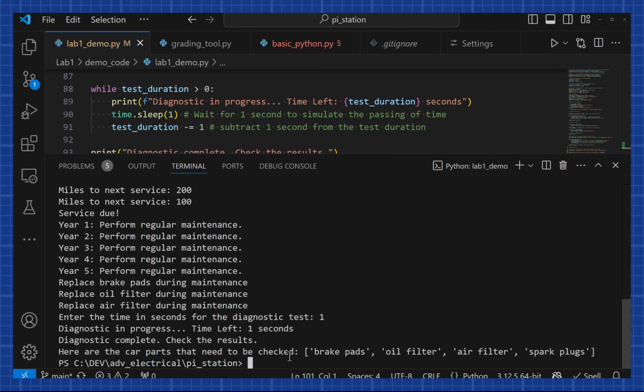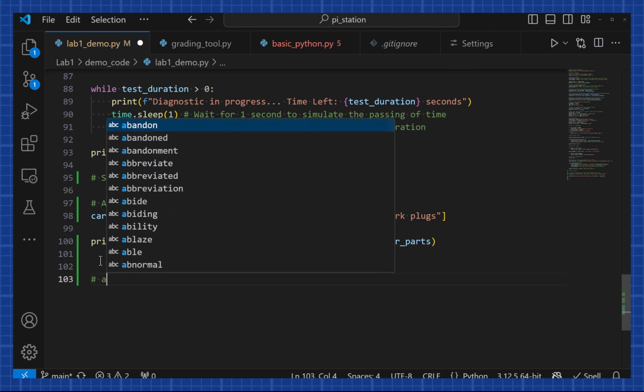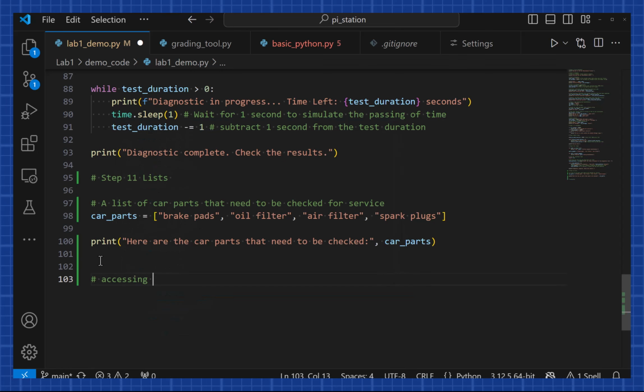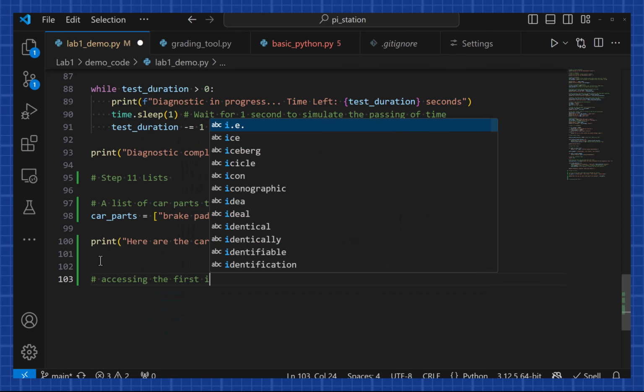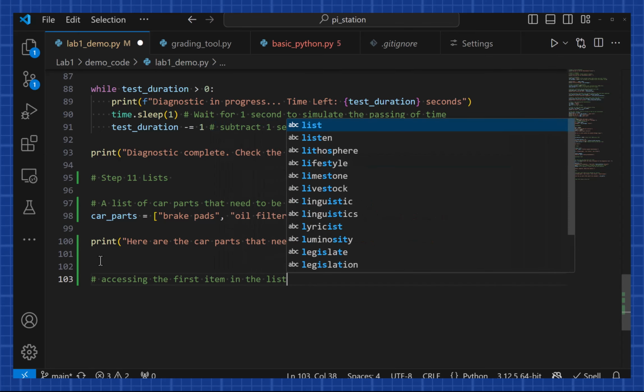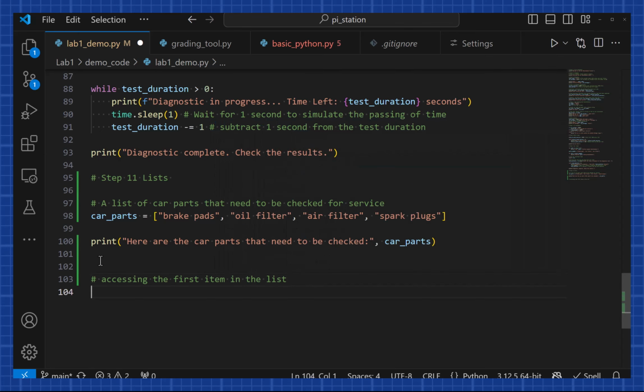Here are the car parts that need to be checked, and then we're given the output. But we want to be able to access each individual item instead of getting an output like this. So let's take a look at that next. Let's leave a note here so we know what this part of the code does. If we want to get an individual item from the list,